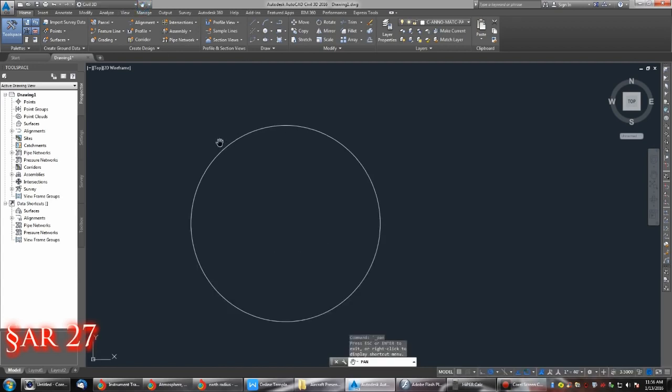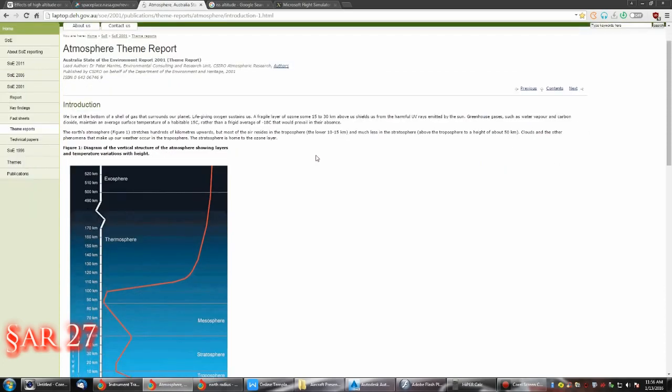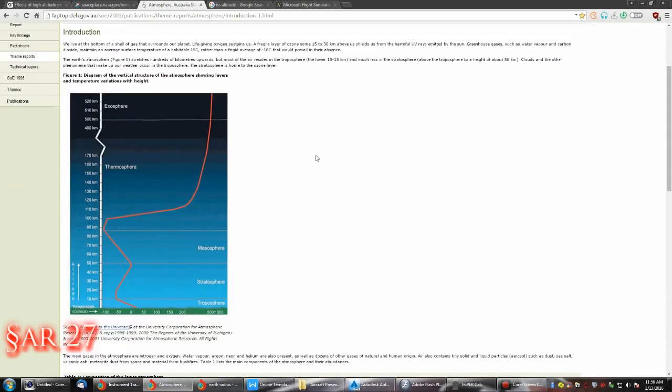Now, what I'm also going to do is come over here to the Australian government with the atmosphere theme report. I am going to look at what they have here for data, because where the exosphere starts and the thermosphere ends really depends on who's making the diagram. So it changes, from 550